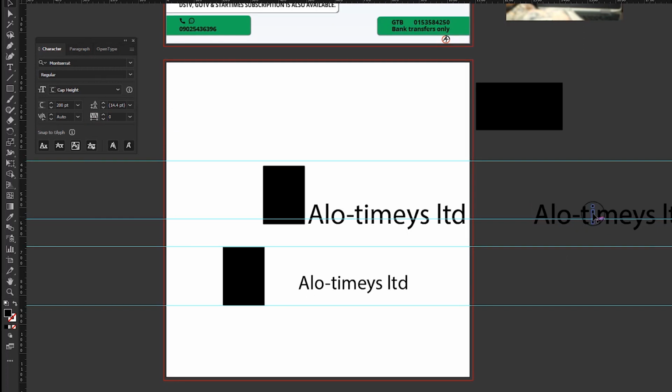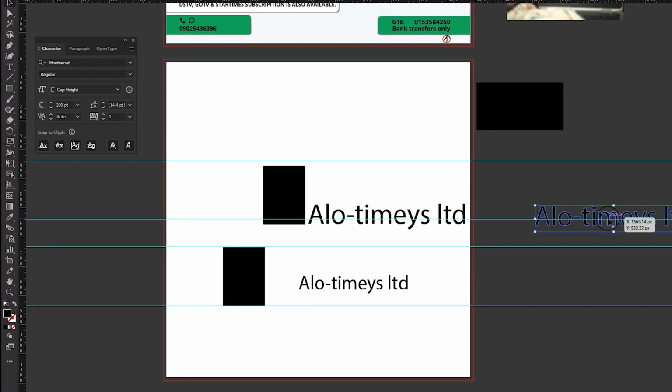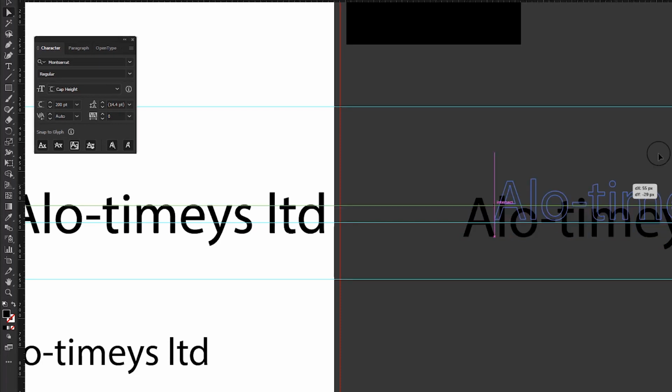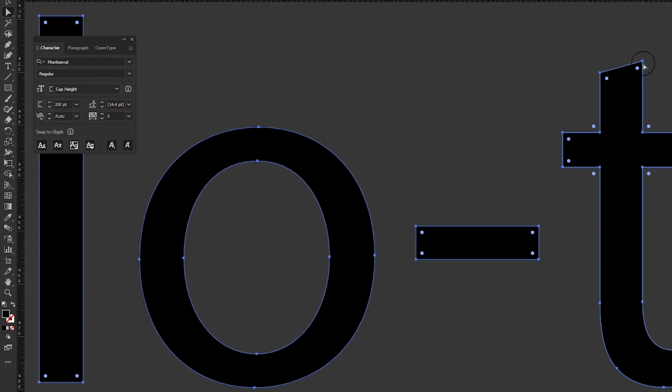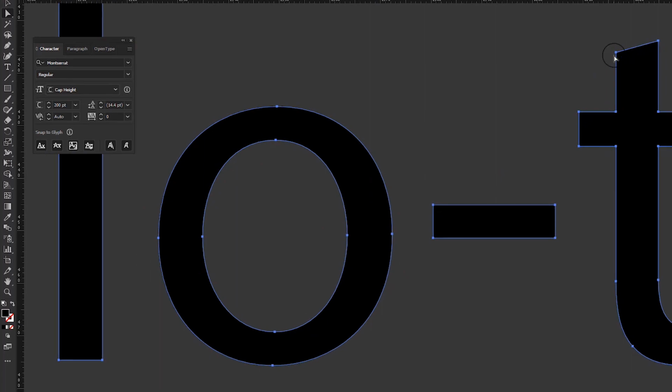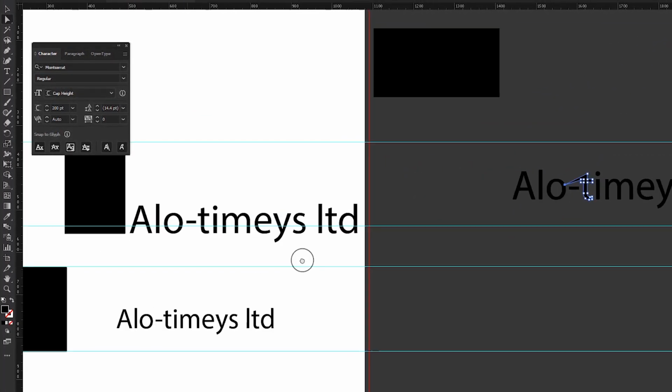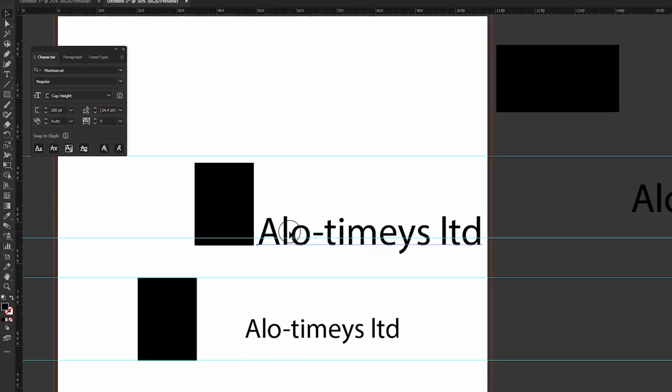So if you don't, you see you can't edit it anymore. It's now a shape which you can, if you have your A, you can edit. This is your direct selection tool. You can edit different parts of it as you want. Just click on it. Yeah, you can distort it, but now you don't have to convert it to outlines to